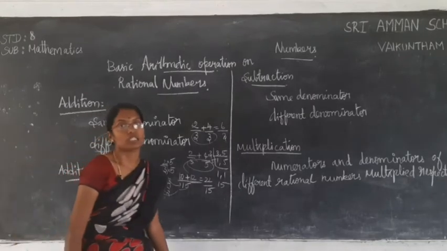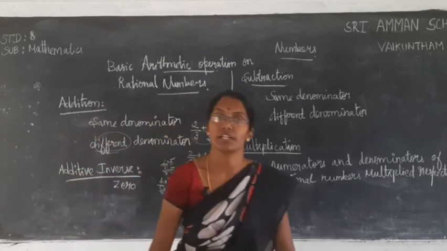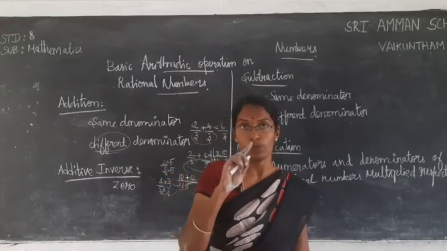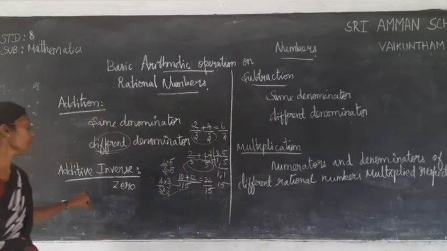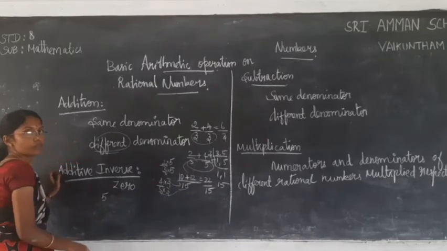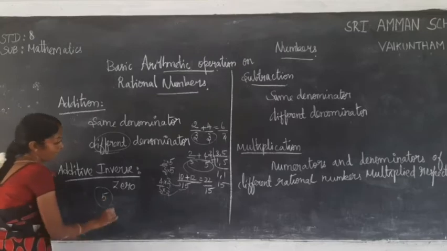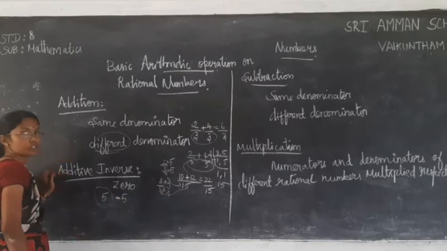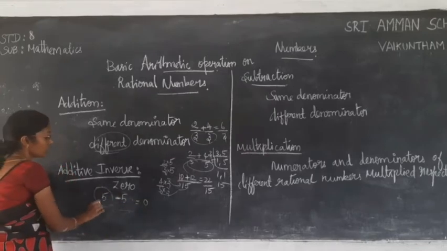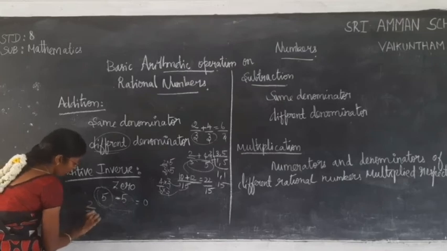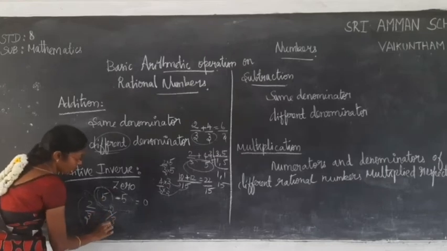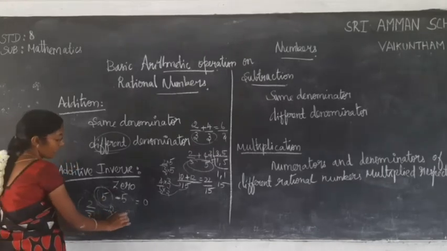You know additive inverse. In 6th standard itself, I think you had studied about the additive inverse. What is the additive identity? Additive identity is 0. Here we have to take the additive inverse. For example, 5. What is its inverse? Minus 5. If you add 5 and minus 5, what is the answer? 0. Additive inverse of, for example, the rational number 2 by 3 is minus 2 by 3. If you add these two, you will get 0.